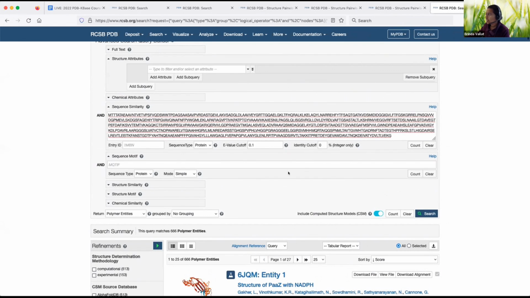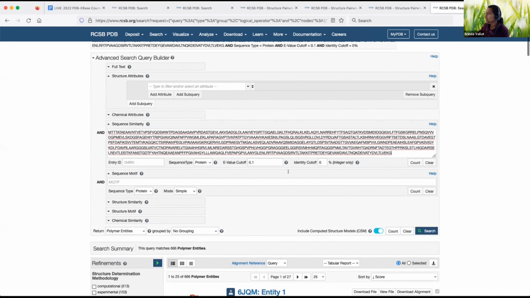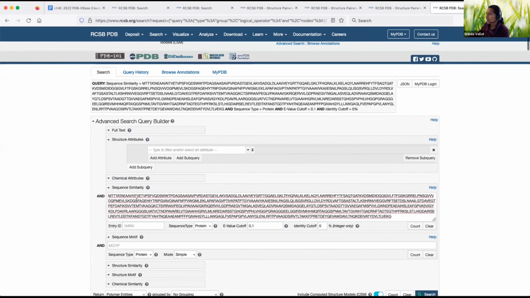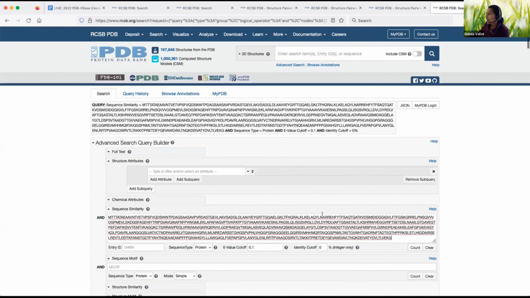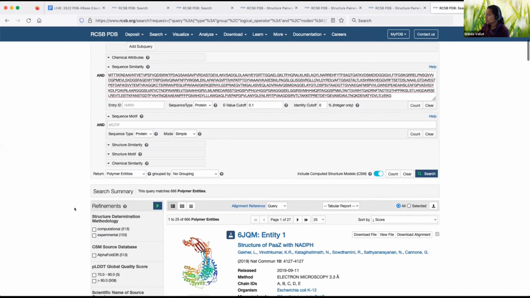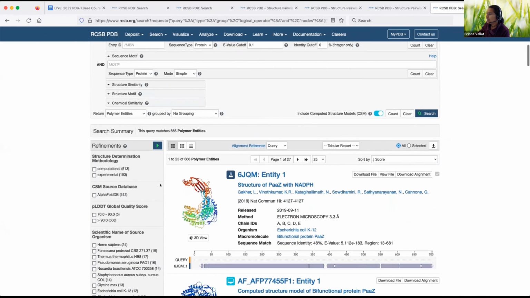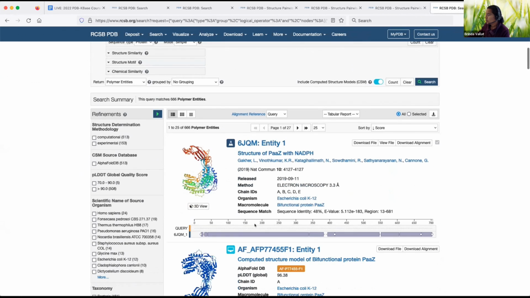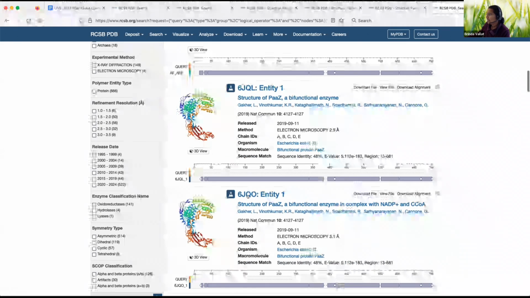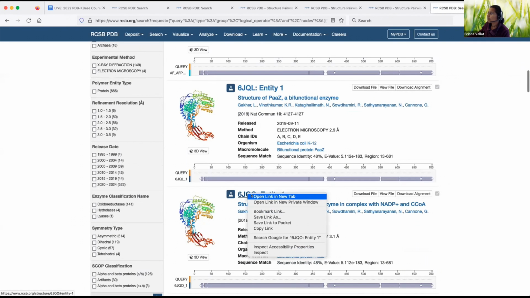So using the KBase pipeline, we have an AlphaFold model built for this structure, and the interesting question now is, okay, I have a model. What else can I do? The sequence search has given me a lot of interesting results. Let's say we pick an example here,